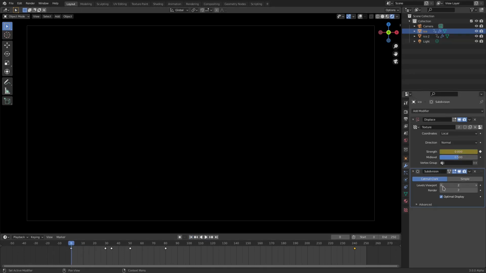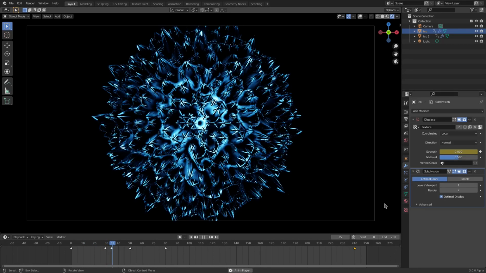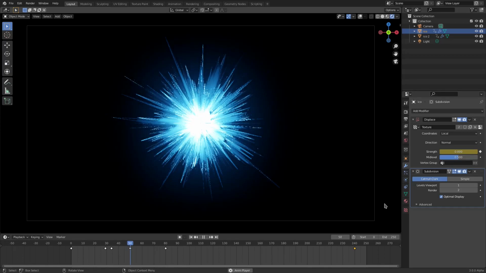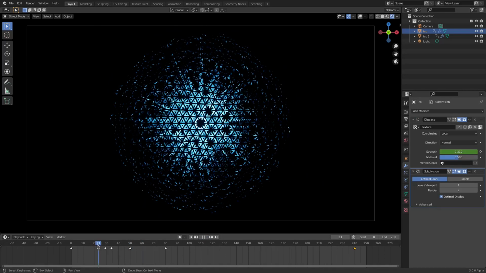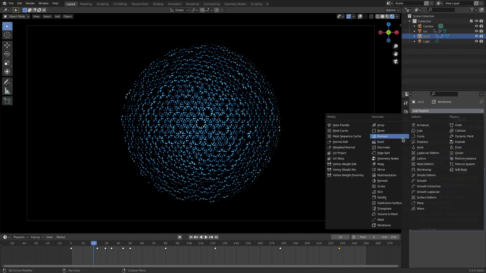Let's turn the viewport down to 1. See, it comes up, of course, in slow motion. Not super slow motion, but it's in slower motion. And then it comes through and comes down like that. We can also put the subdivision surface on the icosphere one that has wireframe as well. We can put that back just to see what it looks like real quick. I don't think it'll look too cool, actually.